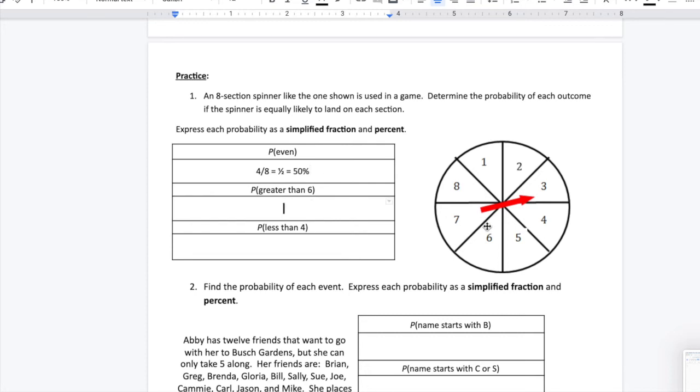For something greater than 6, the only numbers that are greater than 6 on the spinner are 7 and 8, so that's only 2 possible numbers out of the 8 that are there, and that equals 1/4 when you simplify it, or 25% as a percentage. And then finally, for less than 4, that would be 3, 2, or 1, so that's 3 answers out of 8. That can't be reduced anymore as a fraction,